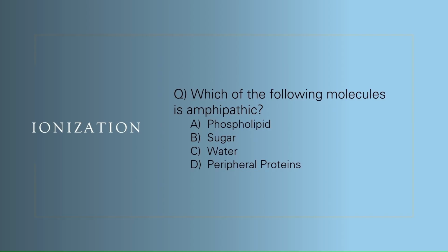Then, question. The answer will be phospholipid, right? Amphipathic, we said it has hydrophobic and hydrophilic regions, which you can remember by polar or non-polar. So it's a phospholipid because why? It has a phosphate head and a non-polar or hydrophobic lipid region. A lipid is a massive long tail of